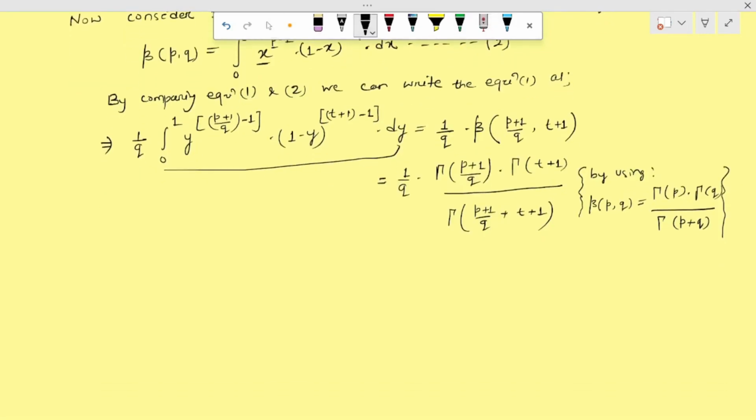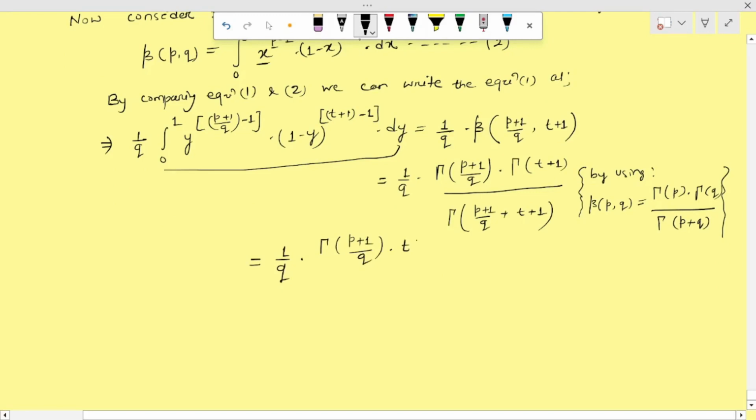Then further, if we are going to simplify this one, 1 by q is there, here gamma p plus 1 by q, and this one is nothing but p factorial, whole divided by, this one can be written as p plus 1 by q plus t factorial, because we know that